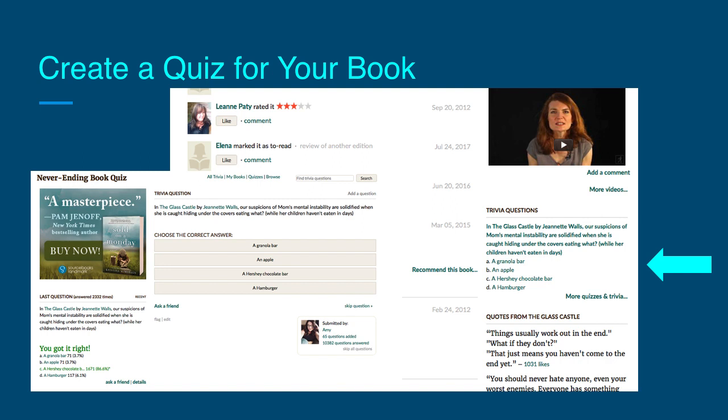But what I did, and what I encourage you to do, is create a quiz yourself. Create a quiz for your own book, and it's simple to do. I believe you have up to 10 questions, and so you would come up with 10 questions for your book. I would stay away from spoilers and come up with 4 answers for each question. Of course, 3 of the answers will be wrong, 1 of them will be right, and you would tell Goodreads